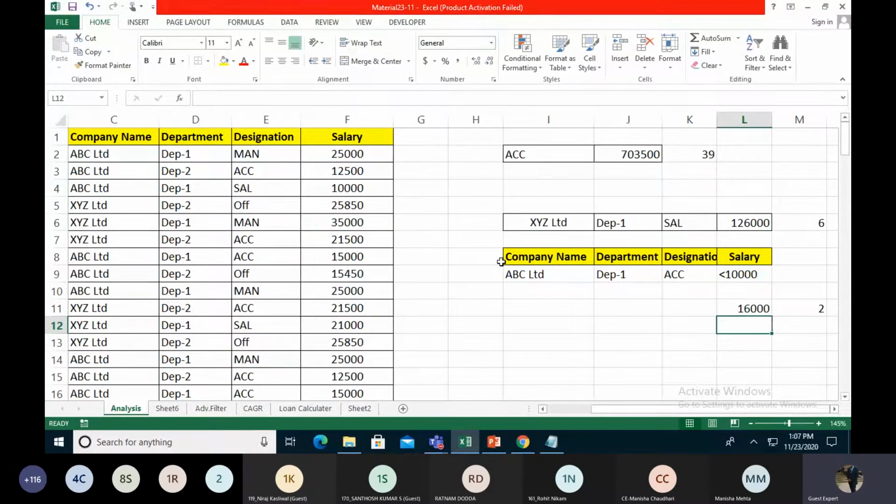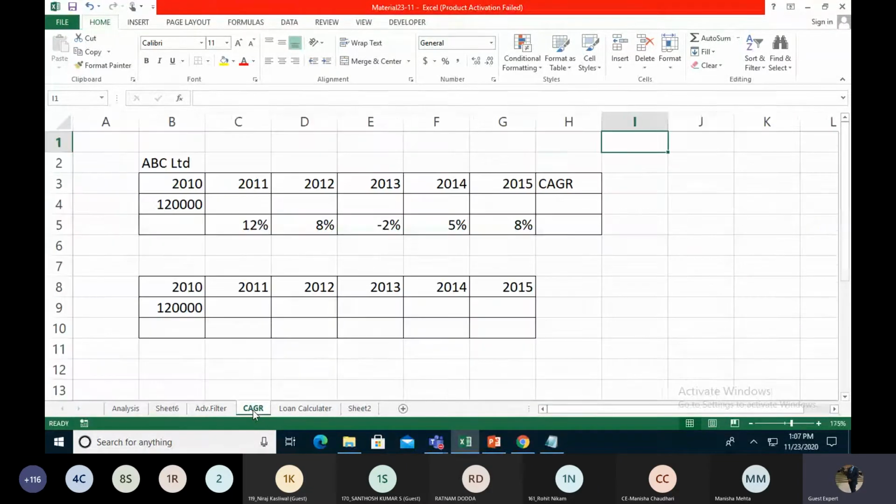Moving to the other section, that we call CAGR, compound annual growth rate. As we know, data science and data analysts frequently work with financial companies because they have very good historical data, and in historical data we can analyze the performance of the company, what new product they are launching in the market, and even which company to fund. So basically CAGR is used for financial institutes.